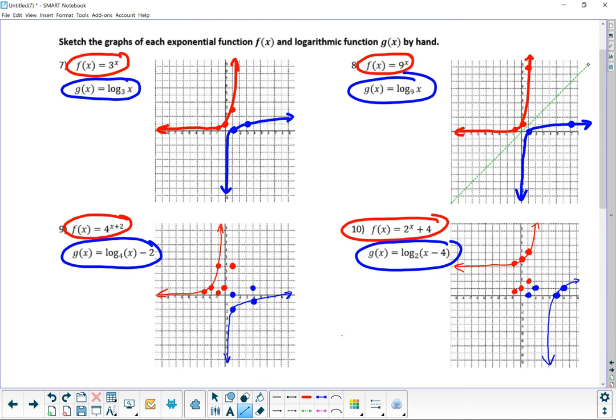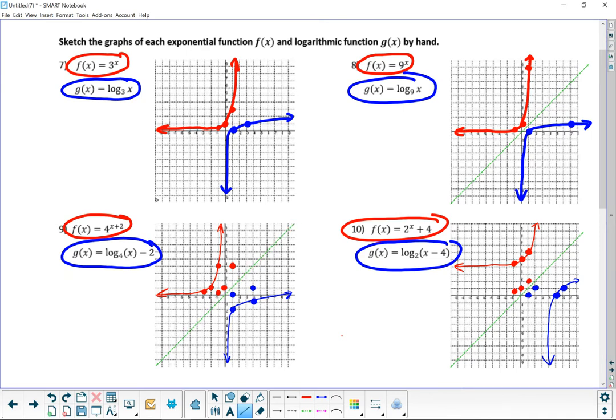Let's see, right there. So it looks like it's a mirror image of each other right along the diagonal. And I hope you remember what that's called. Okay, and if you don't, keep working. Right, so for each of these, totally looks like